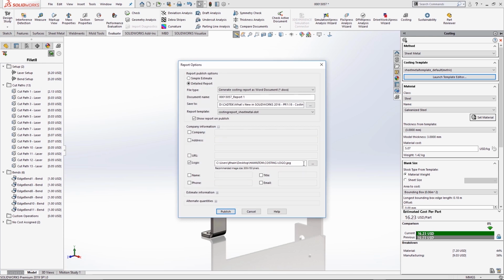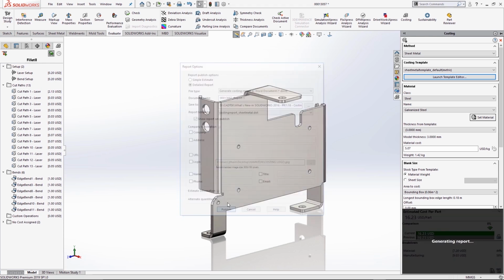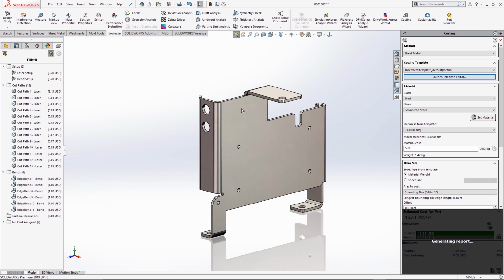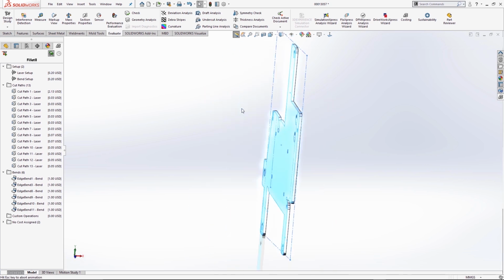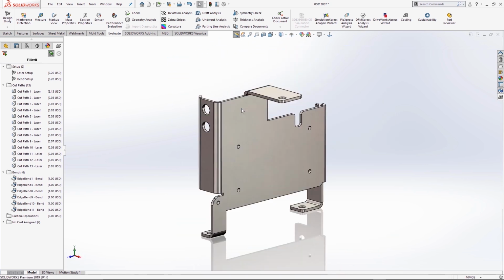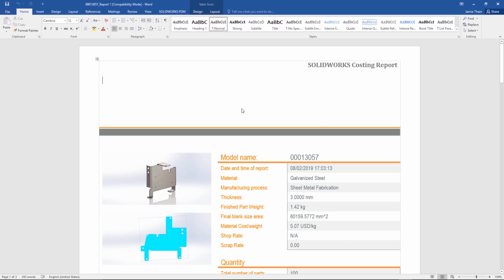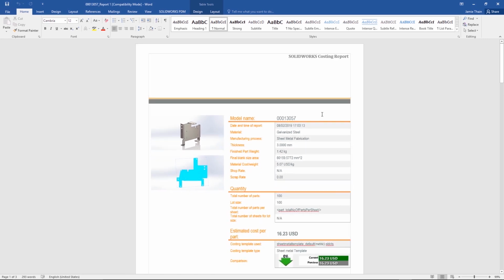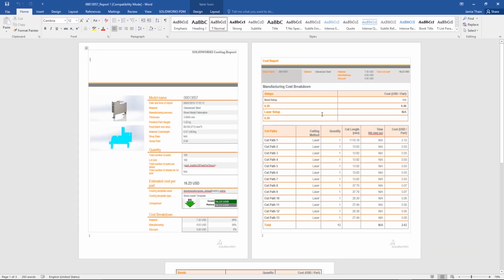All I'm then going to do is just create a very quick report. Now this uses Word, much in the same way that if you're using simulation tools, for example, when you create a simulation report, it uses Word to actually generate all of the stuff that needs to go into it. You can see it's just taken a couple of screen grabs for me. I guess this is exactly what I would do if I was creating a document like this myself, in that it's using Word to do that. And then it's dumped it down on a nice bit of paper for me. So you can see that this is actually a 3-page report, just coming up with the cost of this.